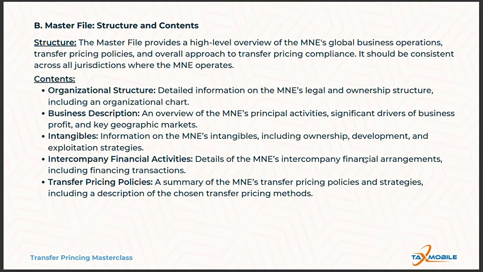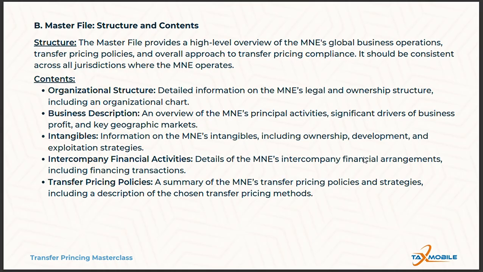So, the overview of the multinational's principal activities, significant drivers of the business profit, and key geographic markets is also very, very important. The description must also include details of any significant business restructuring and acquisition